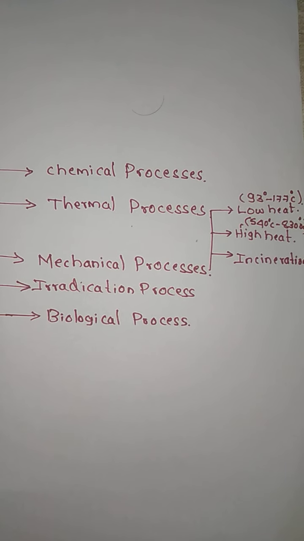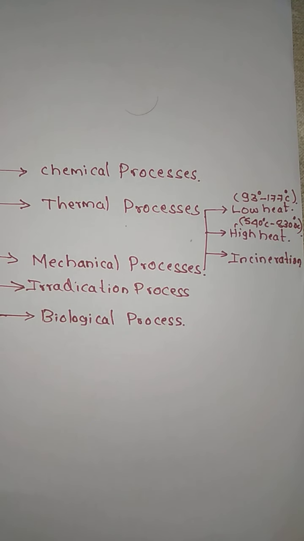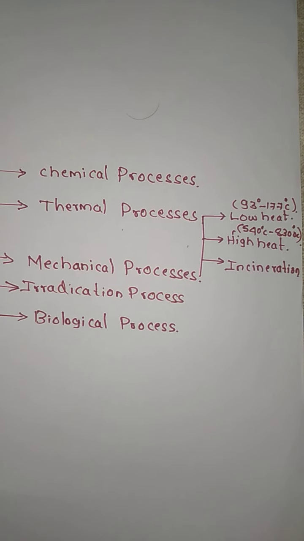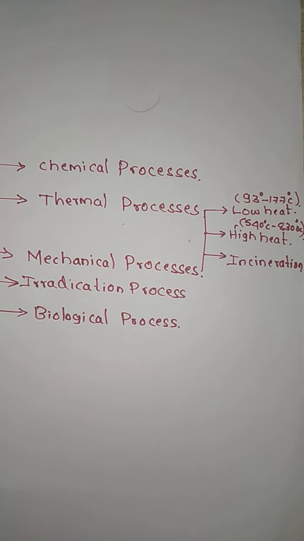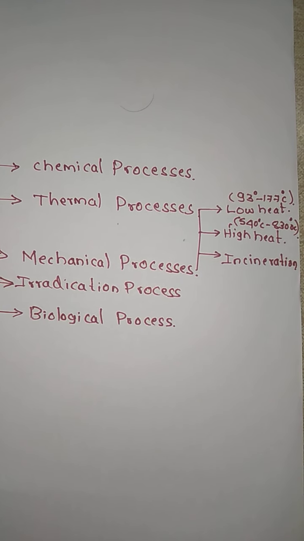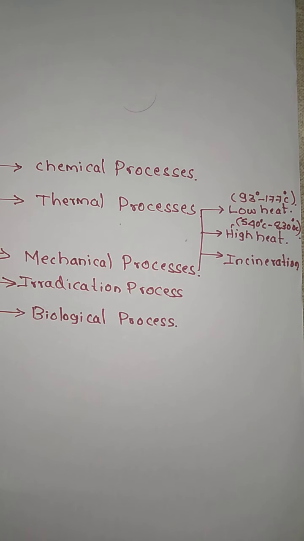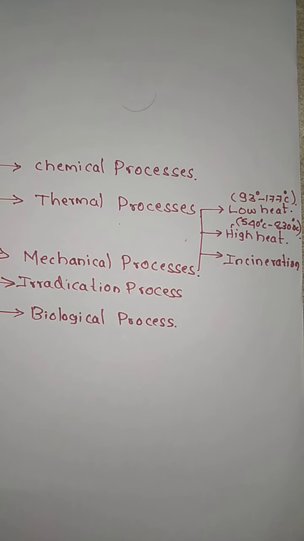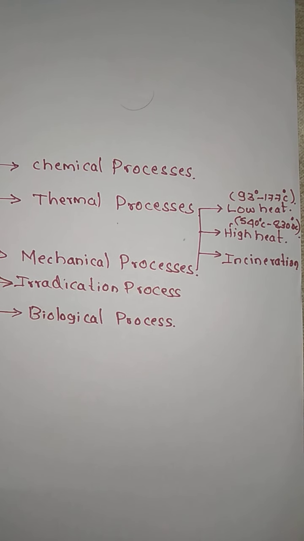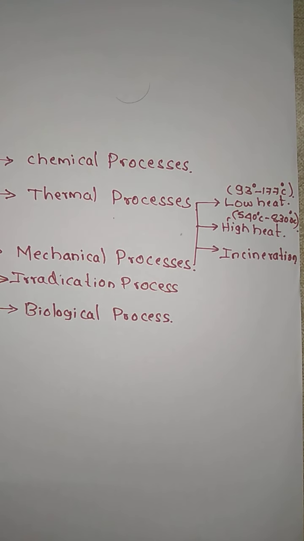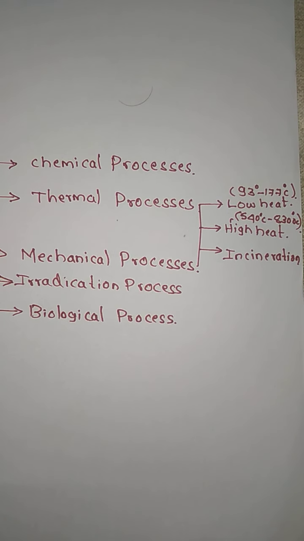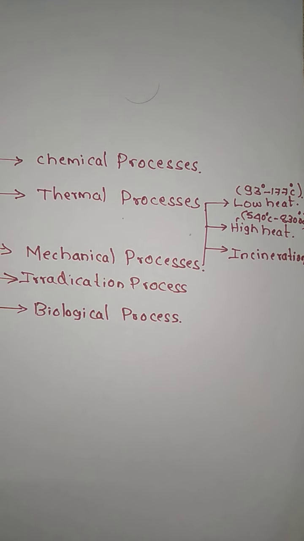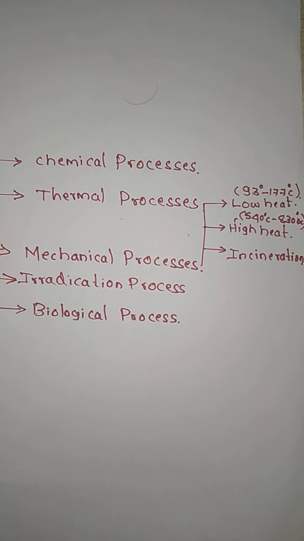The chemical treatment involves the use of at least 1% hypochlorite solution with a minimum contact period of 30 minutes. That means we need to apply around 1% sodium hypochlorite solution, it should dissolve in water, and it should have a contact period of 30 minutes. Or other equivalent chemical reagents such as phenolic compounds, iodine, hexachlorophene, iodine alcohol or formaldehyde alcohol combination can also be used.